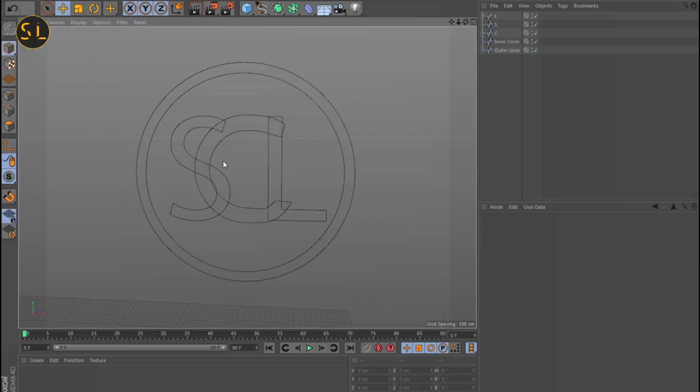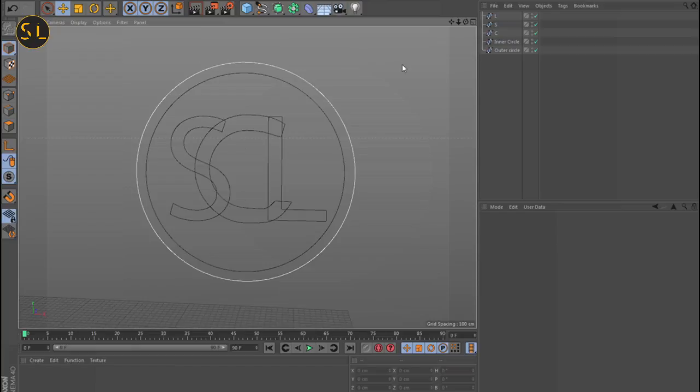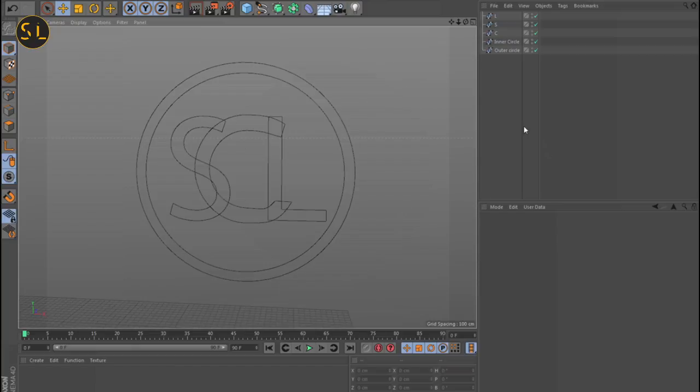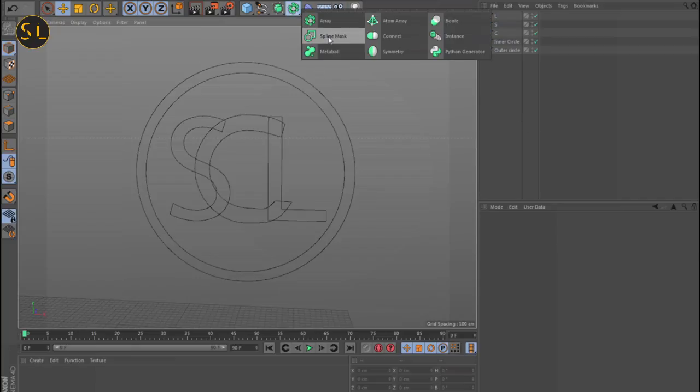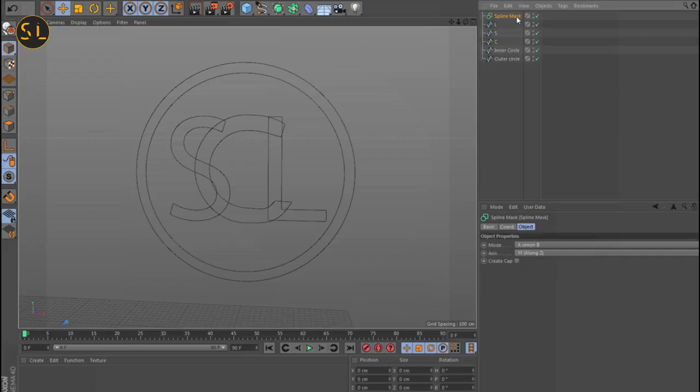Before we extrude the shape, I do not want all these layers to be separate. What I want is the C and the S to be cut into each other, so that it's almost as if it's a negative space that is forming the S and the L, and the C is somewhere visible in the negative space. For that I'll have to use something called a spline mask, which I will get right up here inside the spline mask tab. So I'll select the spline mask and rename this as